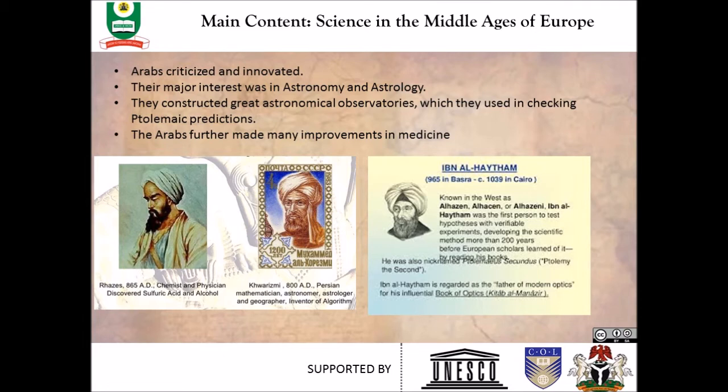Rhazes, 865 to 925 AD, was the greatest of the Arabic alchemists. His works were based on experience and experiment. The most eminent Muslim physicist was Ibn al-Haytham,